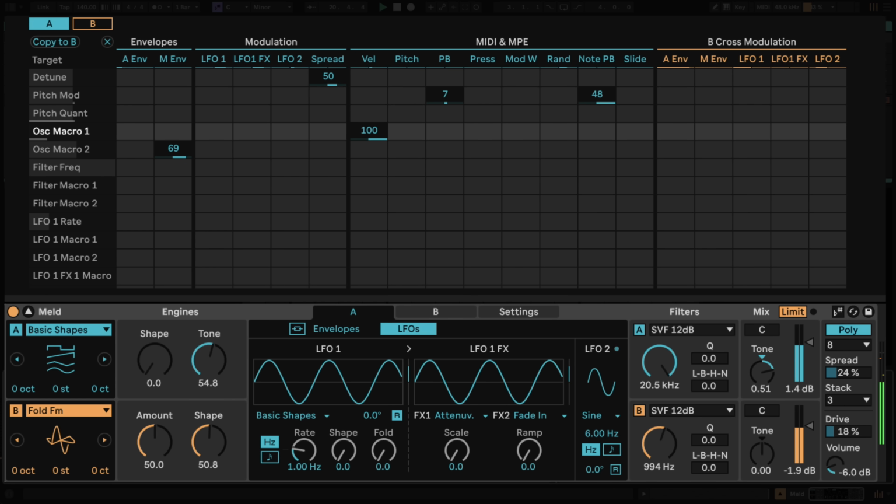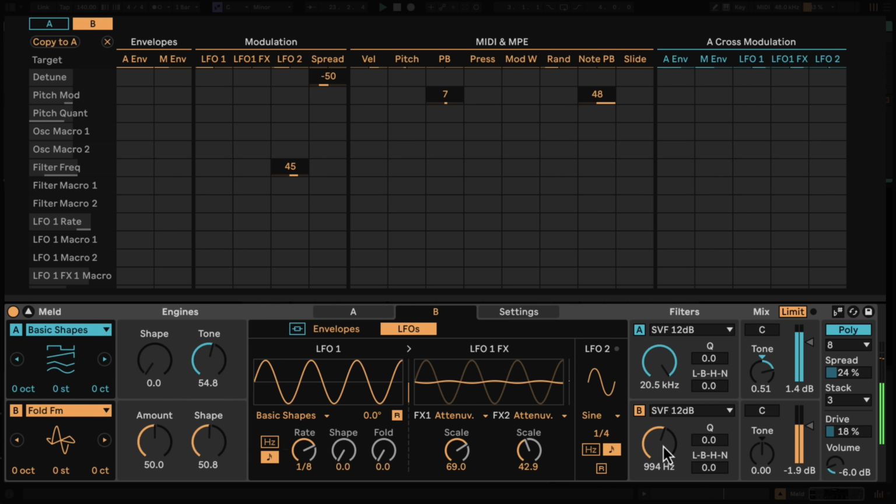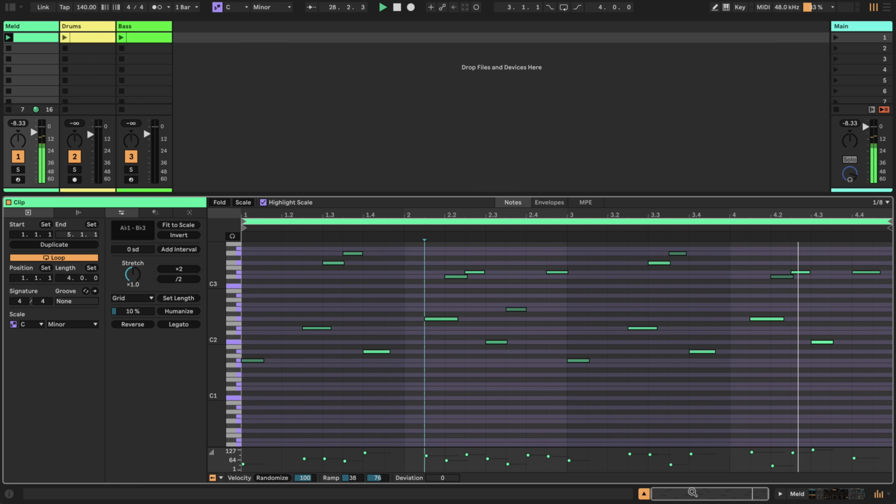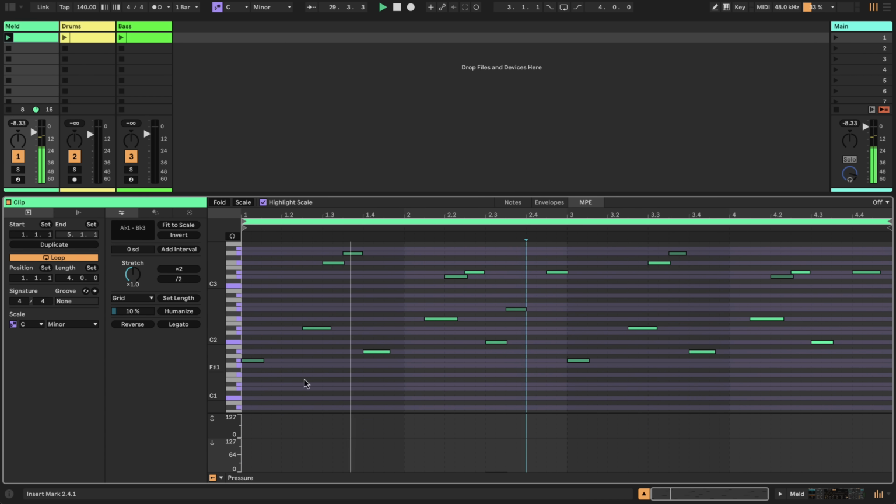I can do the same thing with MPE controls. I'll switch over to Engine B and go ahead and map the pressure MPE control to the filter frequency and maybe also the panning. Now if I go over to the MPE tab and start messing with the pressure, you'll hear the difference. Let's turn some of these up.